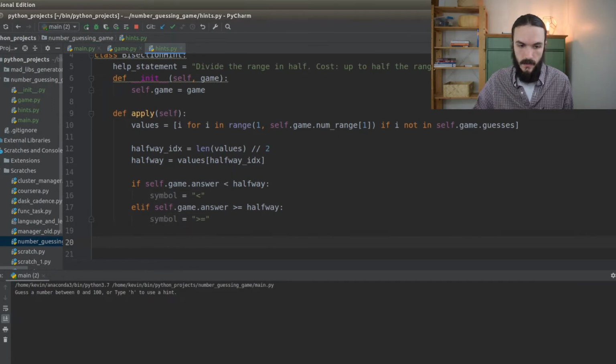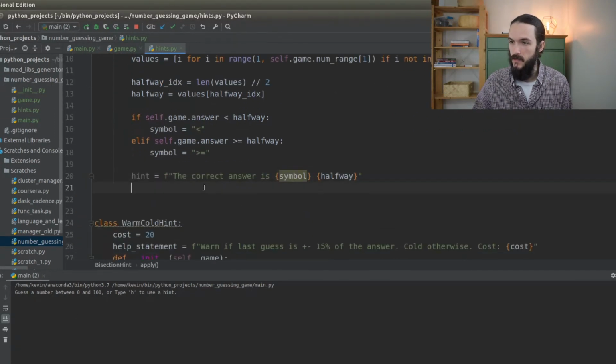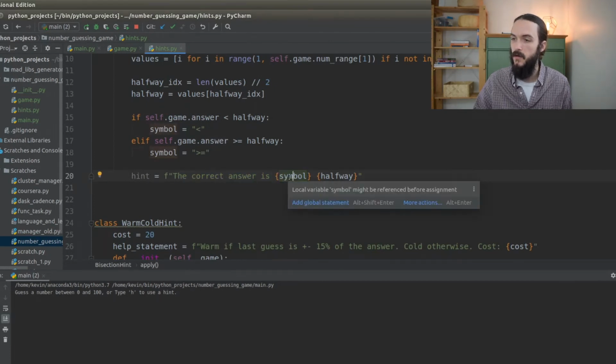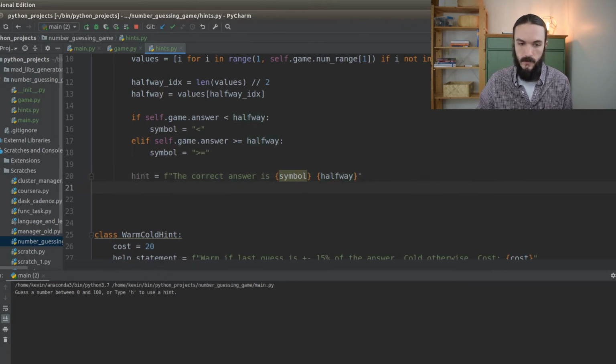And now we can put together the hint that we're going to give the user. So I'll grab this because it's another string here. So we have hint: the correct answer will be greater than or equal to, or less than, halfway, and we'll give them the value. So this is what we are going to return. We also need to figure out the cost of this though, right? So we're going to have cost equals self.game.apply